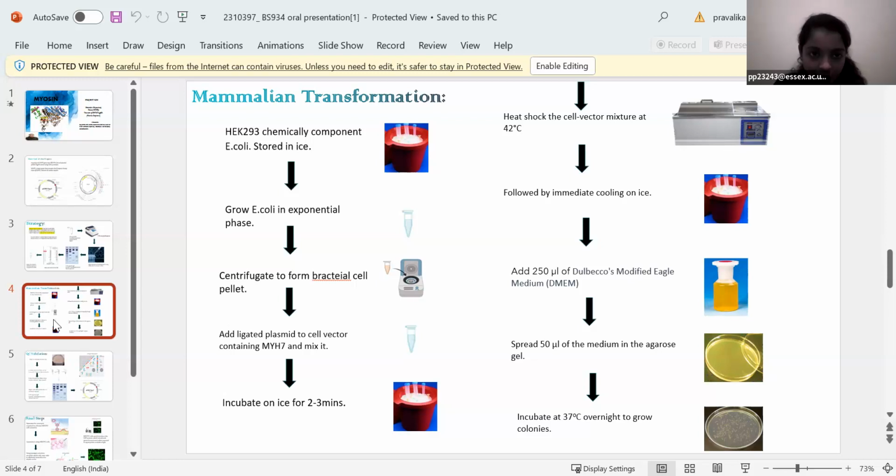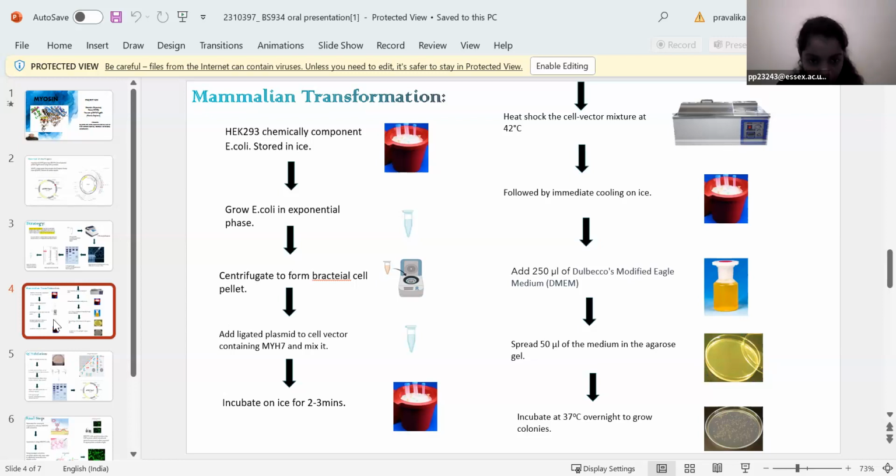And here we are taking the E. coli, and we have to store it on ice. Then we have to grow this E. coli in an exponential phase. Then we have to centrifuge the E. coli to get the bacterial cell pellet. And then we have to add the ligated plasmid to the vector, which contains the MYH7, and we have to